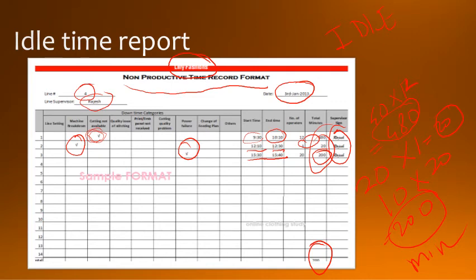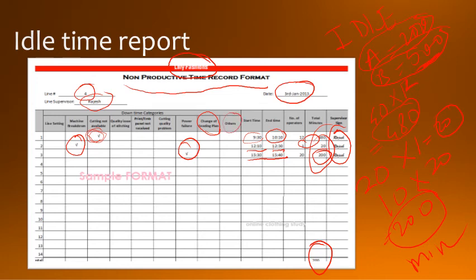Next is change of feeding plan. If there is a change in the feeding plan, that means whose order will be taken first. Suppose A has given an order of 200 garments and B has given an order of 500 garments, and you change the line. First you were working on this project, but then your owner told you that you should work on that project, then you have to change the plan, and you have to change all the fabrics and all the threads according to the plan. So there may be idle time during this change, and here another column is given.